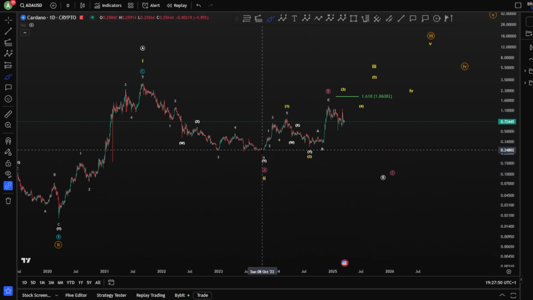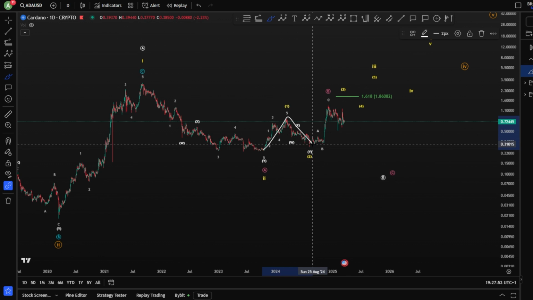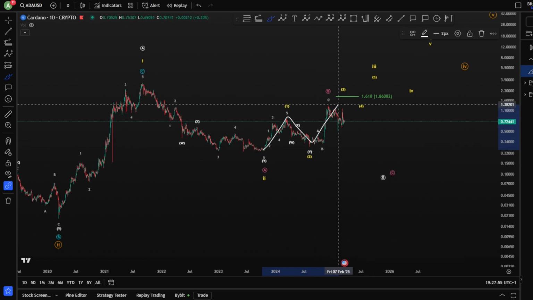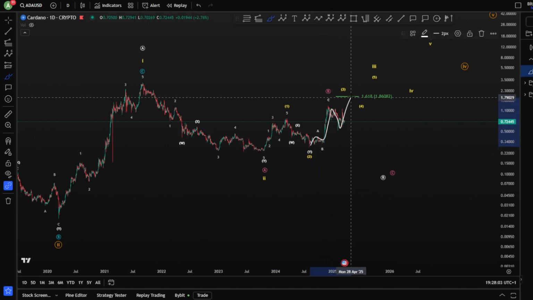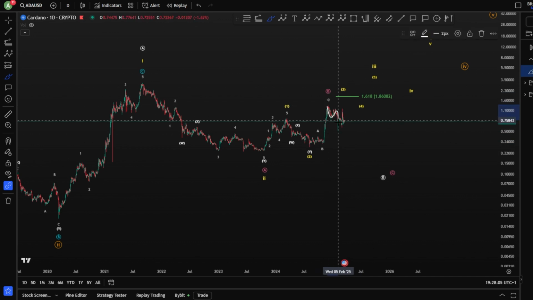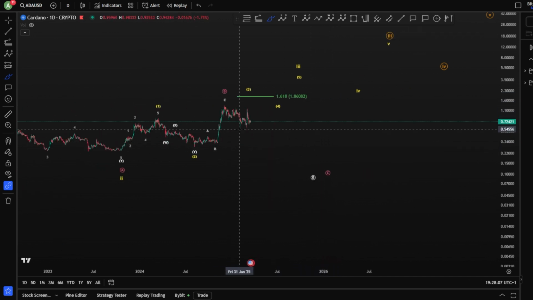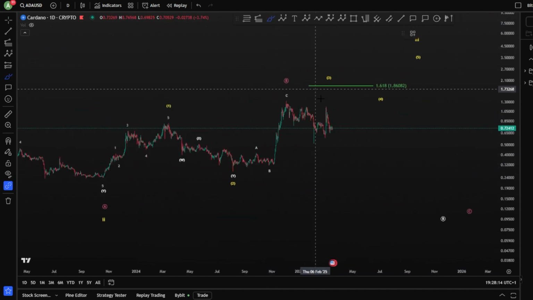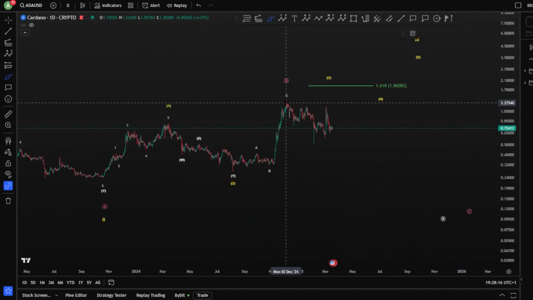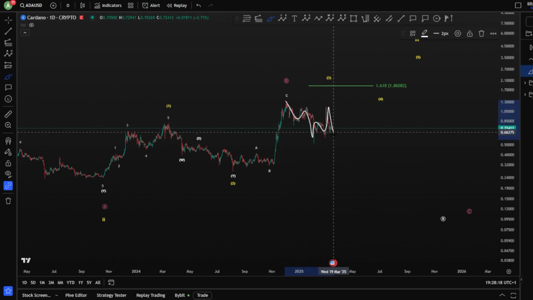Unless, of course, we continue this impulse toward the upside as 1, 2, but you still need here to finish an impulse, of course, for continuation for higher, because this impulse, in case it is an impulse, is 1, 2, 3, 4, and a 5. However, we got 3 waves down currently here and 3 waves up, meaning this, of course, might reduce a little bit the possibility for continuation, because after 3 waves down, 3 waves up, you're still looking